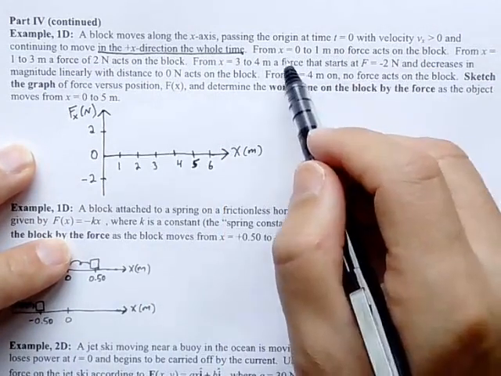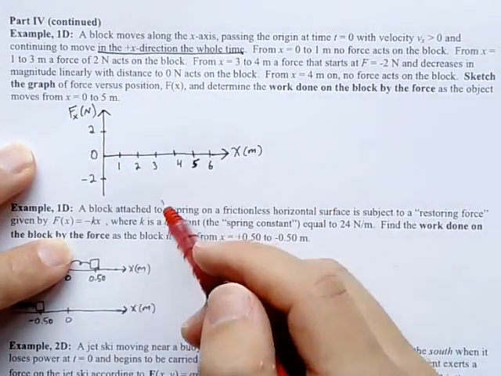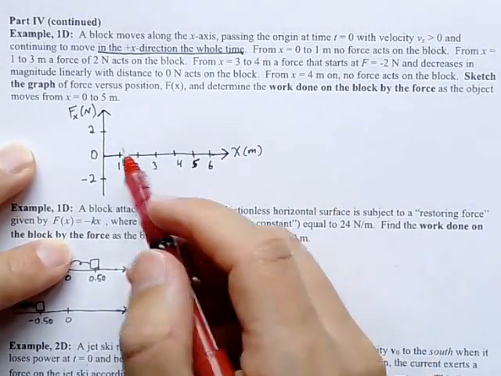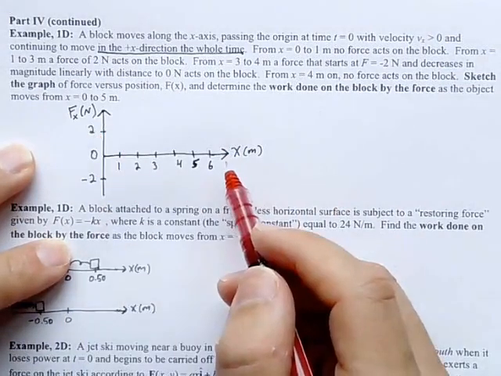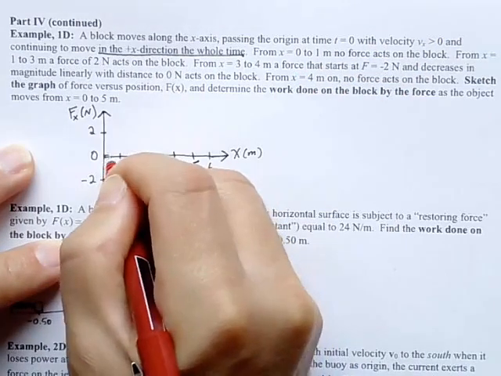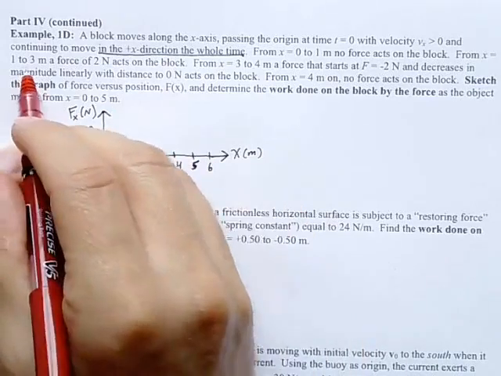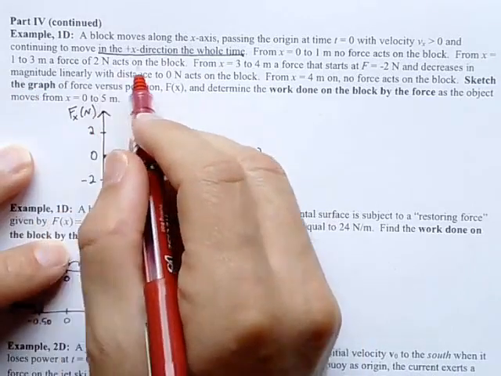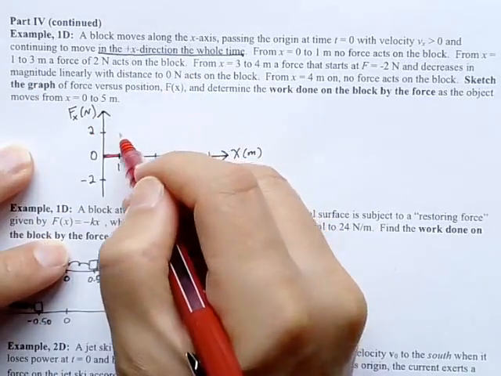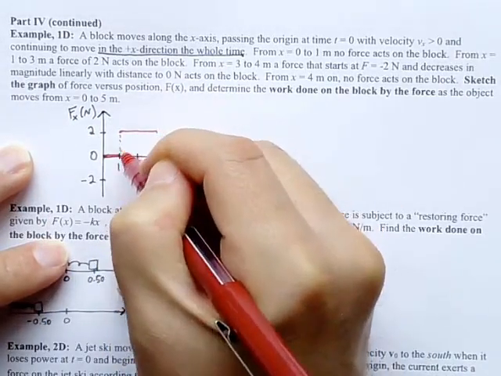From x equals 0 to 1 meter, no force acts on the block. Okay, so I'm going to start graphing our force as a function of position here. So from 0 to 1 meter, no force acting on the block. So as the block moves from here to here, there's no force on it. Then from 1 to 3 meters, a force of 2 newtons acts on the block. So a constant force of 2 newtons acting on the block as the block goes from 1 meter to 3